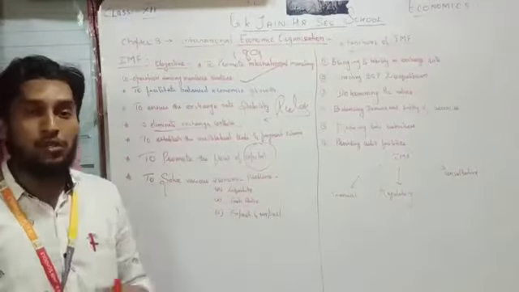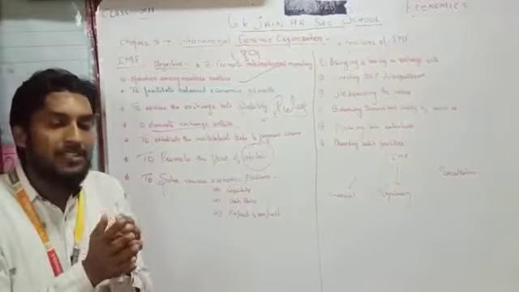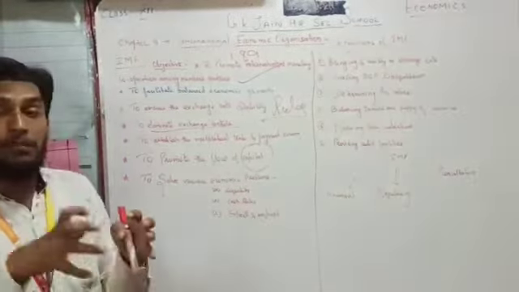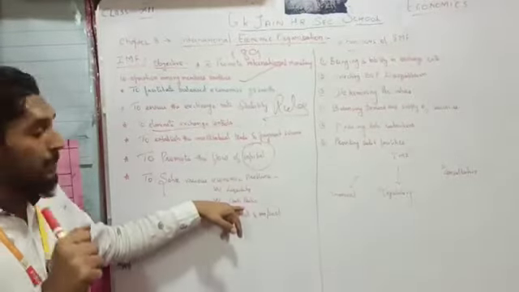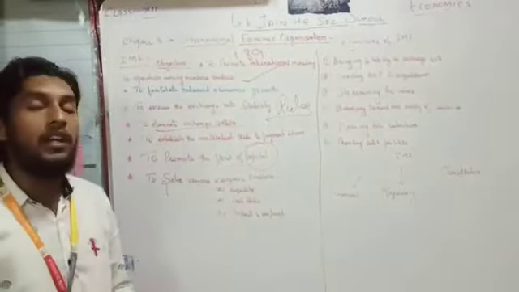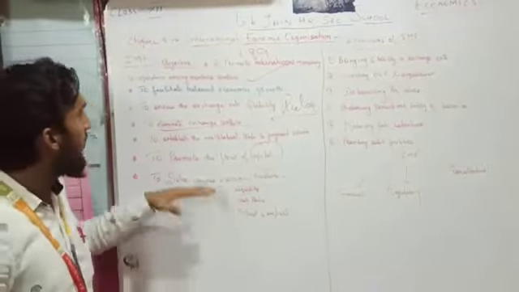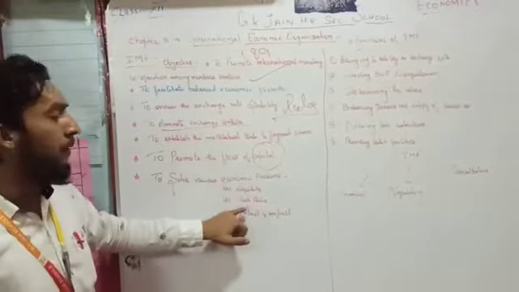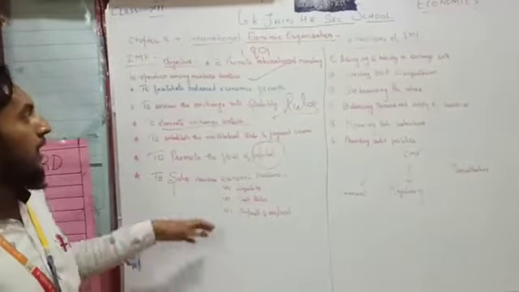Next, cash ratio. Cash ratio plays a very important role. As we know, if a business sinks or goes into dissolution, in such a scenario cash ratio plays a vital role. Hence, the IMF gives special preference to the cash ratio and also to export and import. Various troubles come up in export and import. Hence, the IMF plays a vital role in solving all these problems: liquidity problems, cash ratio problems, and export-import problems. Okay, let's move on to see the functions of the IMF.